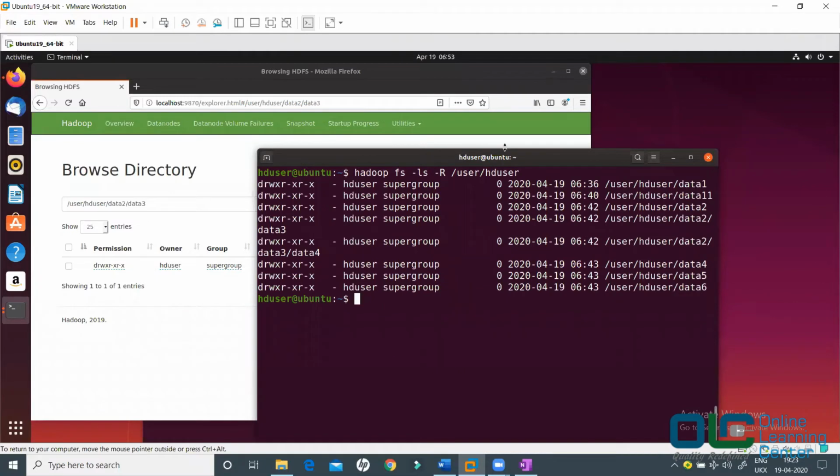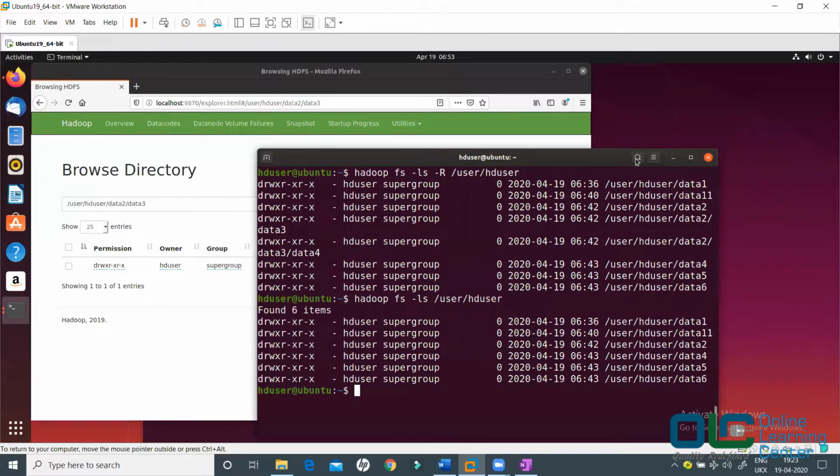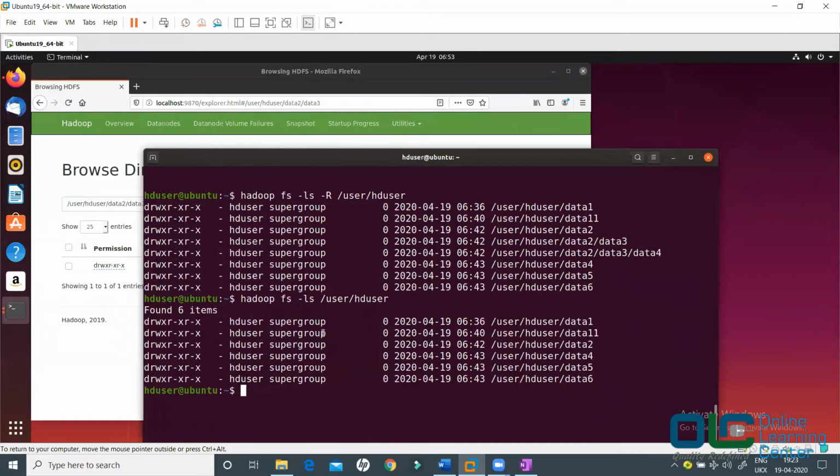Okay, now see here, I'm saying hadoop fs -ls, but what I did is I wrote -R. Let me just remove this -R and let's see what the output is if I don't write -R. Okay, see, if I don't write -R, then the total number of outputs is a little less: 1, 1, 1, 2, 4, 5, 6. Right? But if I say -R, then my total output is a little more. And let's see how they are different.